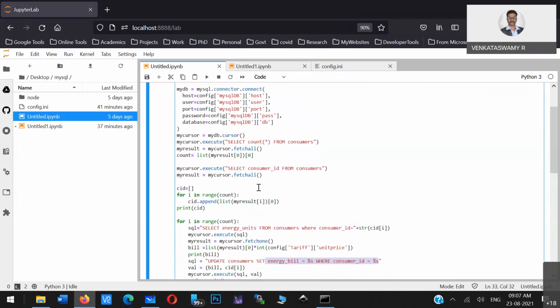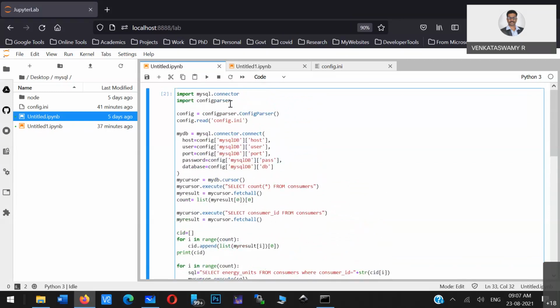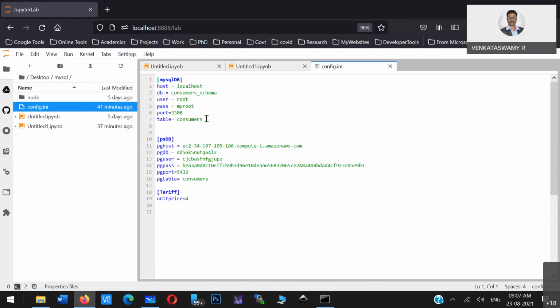Here one more additional library we are using is config parser. Instead of directly putting the configuration items in the program, we have kept all those configuration items outside in a separate file, as name-value pairs.